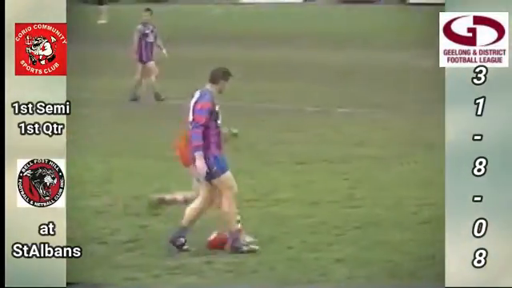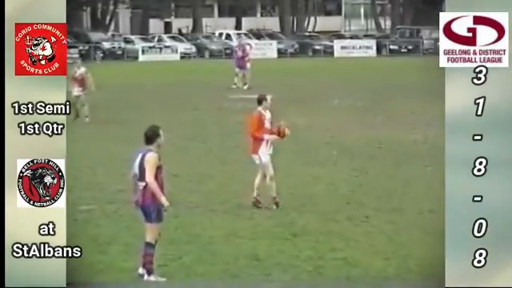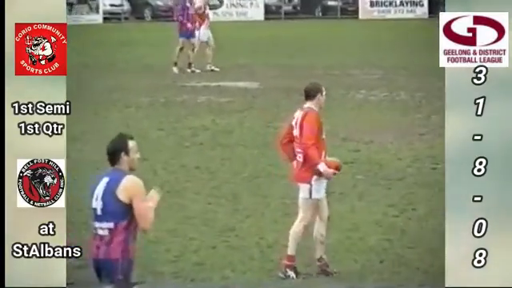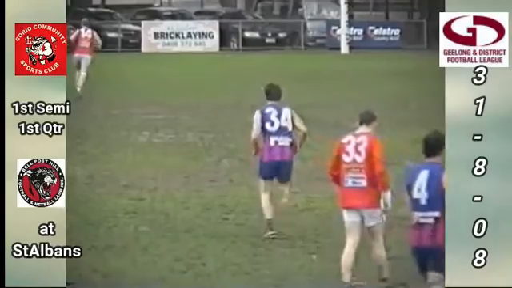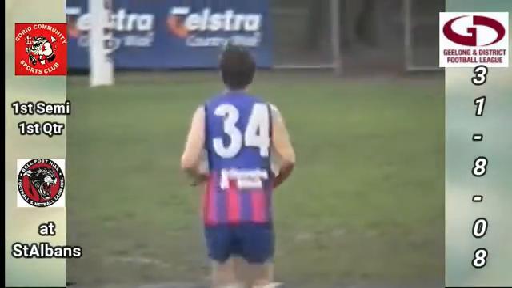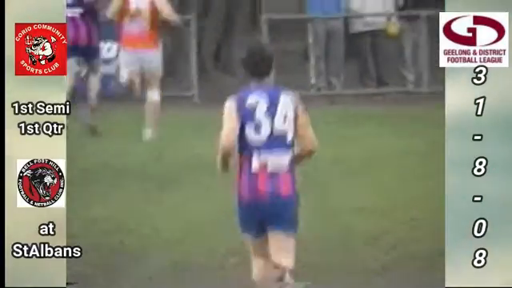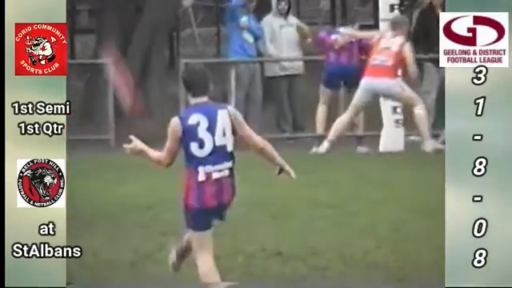There's a free kick to Bellpost Hill, player on the ground. Obviously, well, Ferguson, again, a very poor effort. Kicked it back to Clifford. In fact, it was a free kick to Lima. And now with the rule they have at Corio, Ferguson, I suspect, will be off the ground for giving a 50-metre penalty. Lima kicks it over the top.